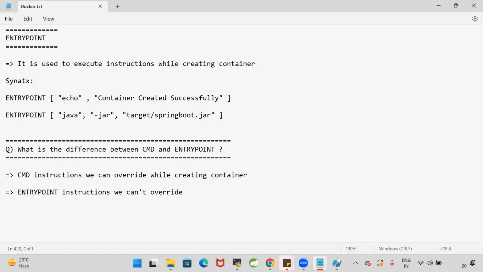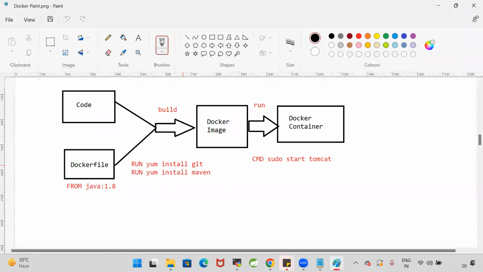Run instructions will execute while creating the image. CMD instructions will execute while creating the container. Entry point instructions also will execute while creating the container. CMD instructions we can override in the runtime, whereas entry point instructions we cannot override in the runtime. Okay, next one. So there is another keyword called